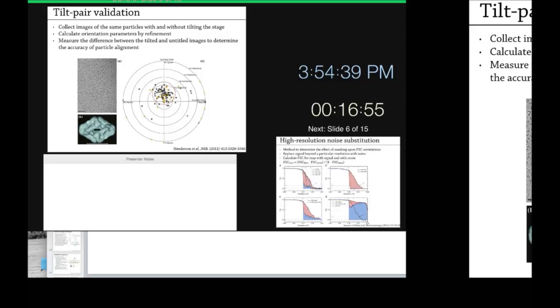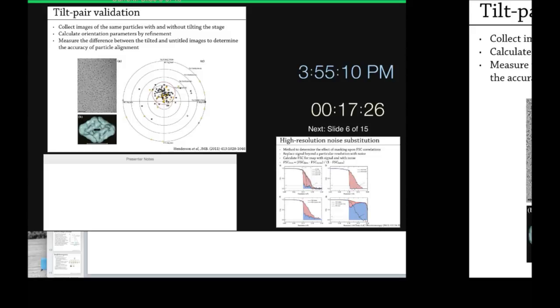This might become a really powerful way. Now you just do your last 10 images at 40 degrees, and that will very quickly tell you how well you can align your particles. So you take your image of the same particle at 0 degrees and at some tilted angle, and then you calculate where every particle is in both images, and run them through your alignment program so that you can get a set of all of the different alignment angles. You then cross-correlate each of those two and look for the